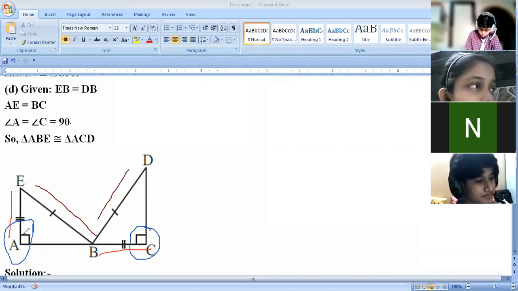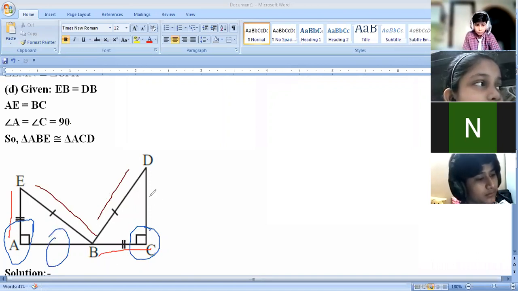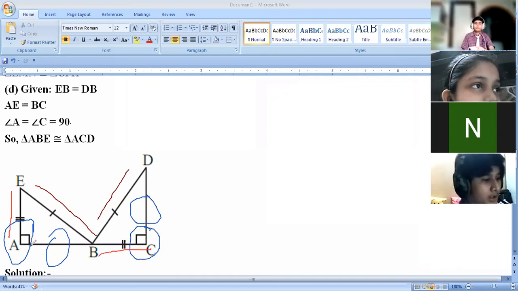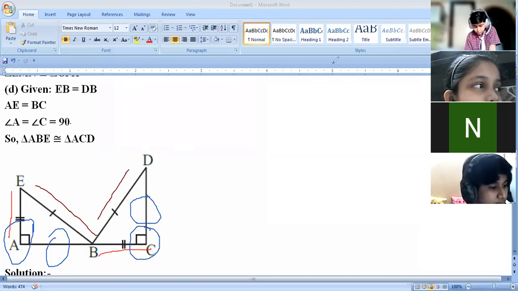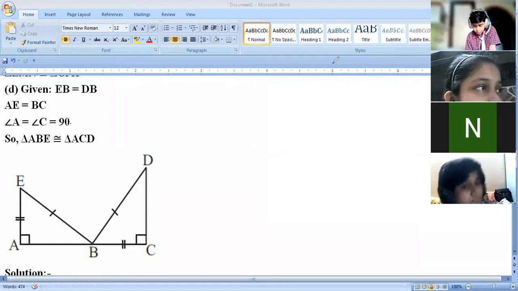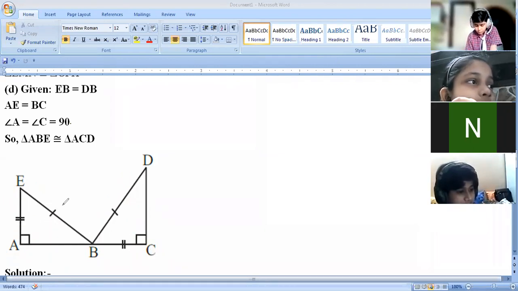Okay, you can't say side angle side because this side is not given here. That's why here also this side is not given. So they all are not joined. So side angle side criteria will not work here. Okay, the three things I told you should be together, then only your criteria will work. So here it is hypotenuse, right angle, and one side is equal to the other side. So RHS criteria will be working here. Got it?